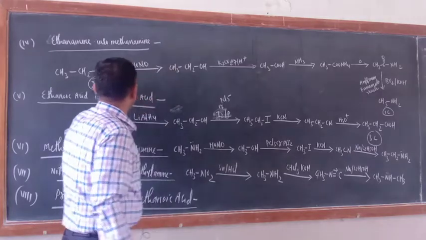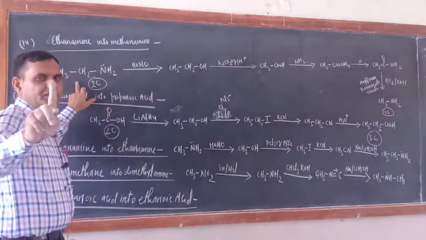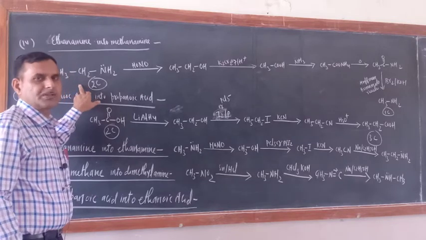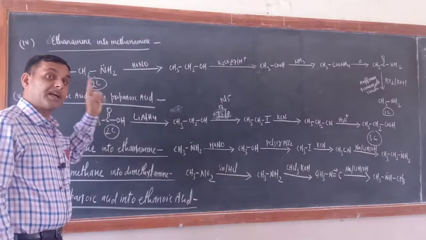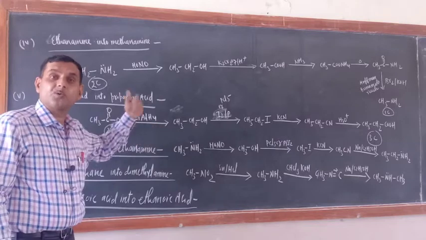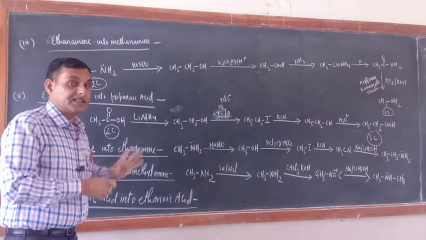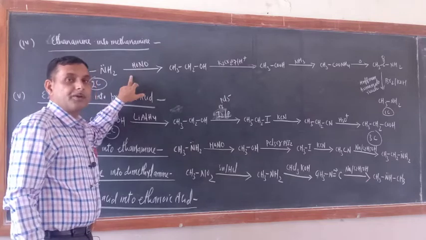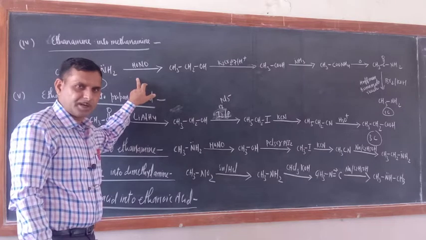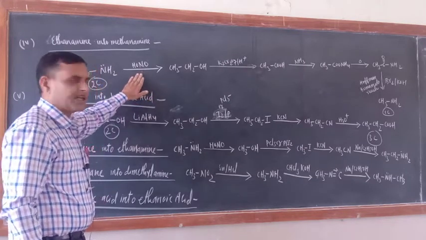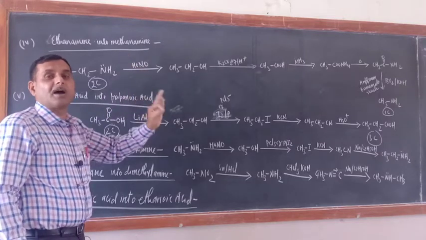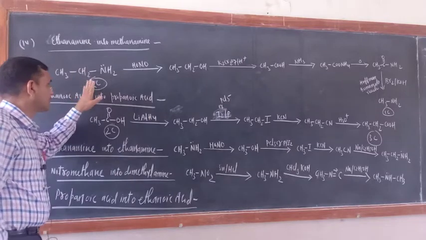So what is the meaning of this one? This should be converted into what? Our endeavor should be that this should be converted into carboxylic acid. And how can amine be converted into carboxylic acid? Amine first should react with HONO, nitrous acid. Just see, if HONO and 273 to 278 Kelvin is written, it means it is diazotization reaction, benzene diazonium chloride is formed. But here nothing is written, only HONO is written, means this is the normal reaction of nitrous acid with this one, amine.